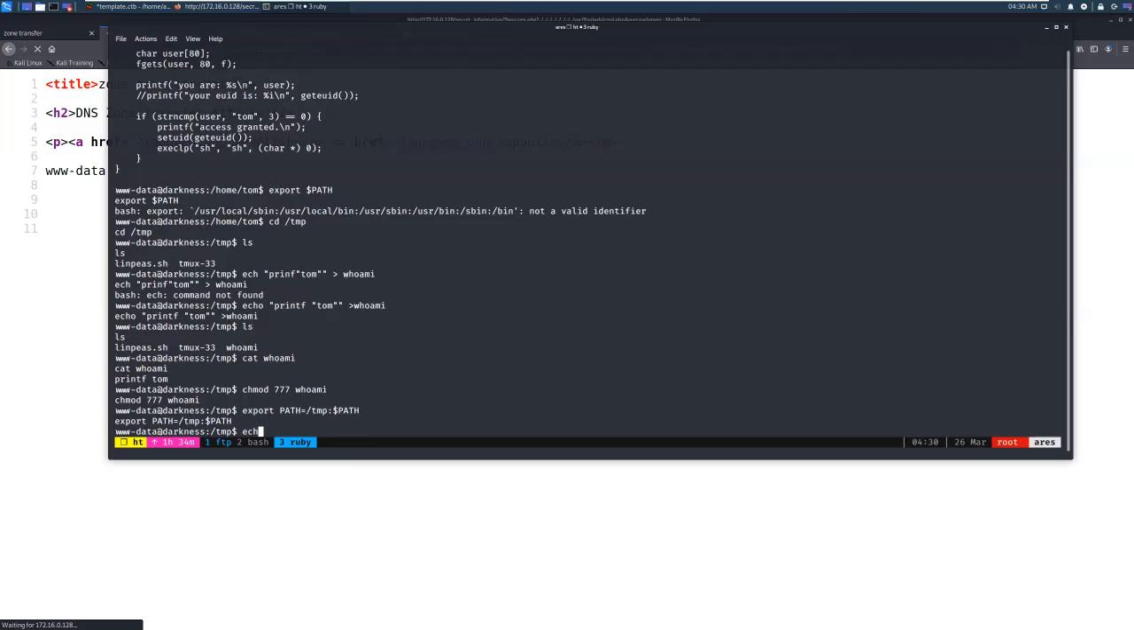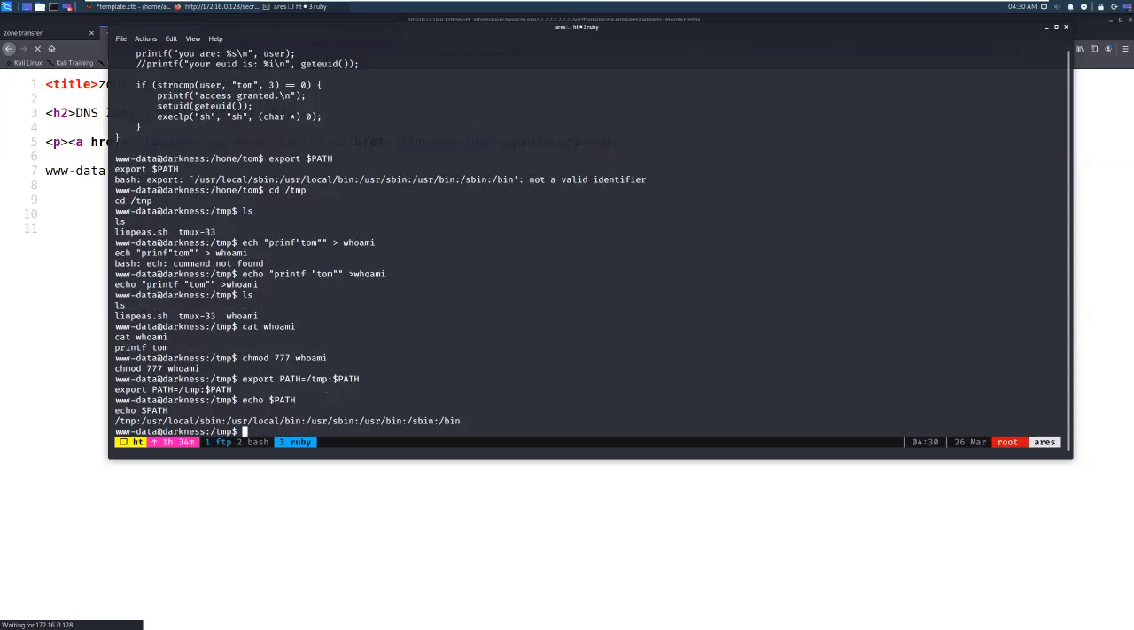So let's just do echo $PATH. And you can see here now, it's going to look at our temp folder first. After that, it will look at the local sbin, and then the local bin, and then user sbin, user bin, and so forth. Okay, so let's go back, and hopefully